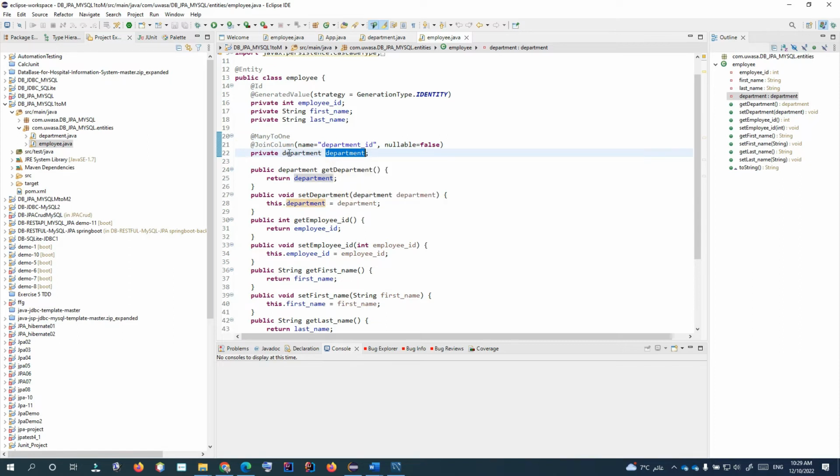Here we create one object, and that object's type is departments, meaning that the employee should be under this department. So here we will add the primary key of the department